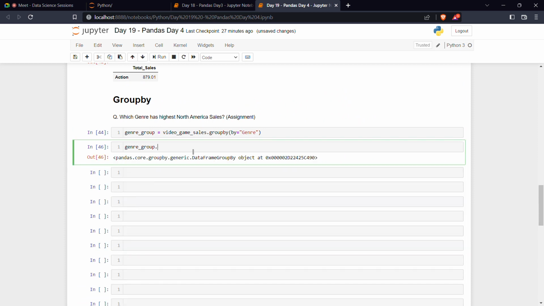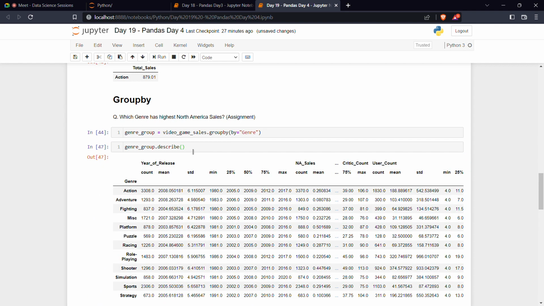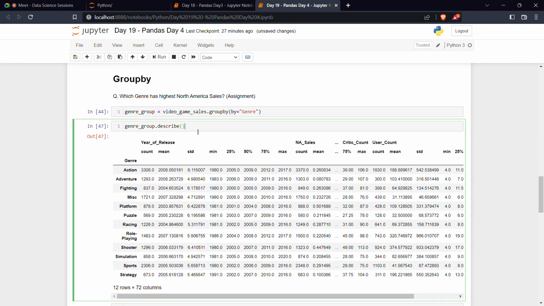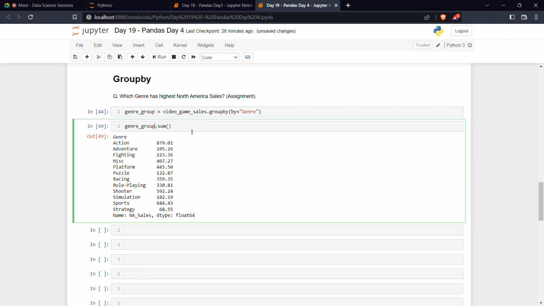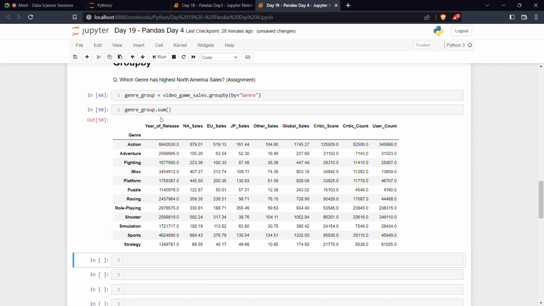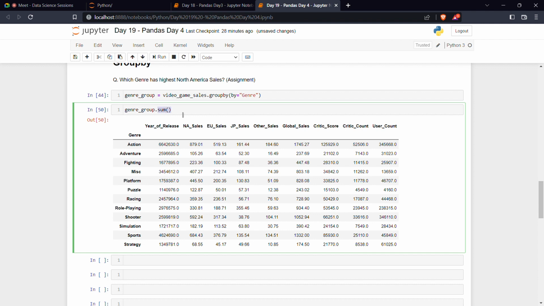Let's do describe. Okay, we are getting the describe. Let's try max, and then let's do sum. Let me remove this. So directly when you are doing genre group dot sum,